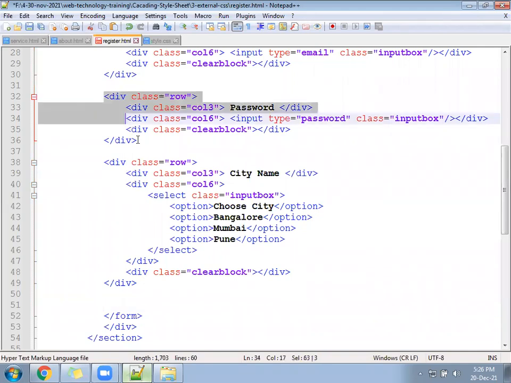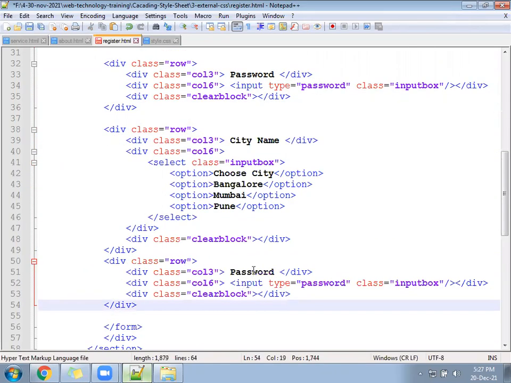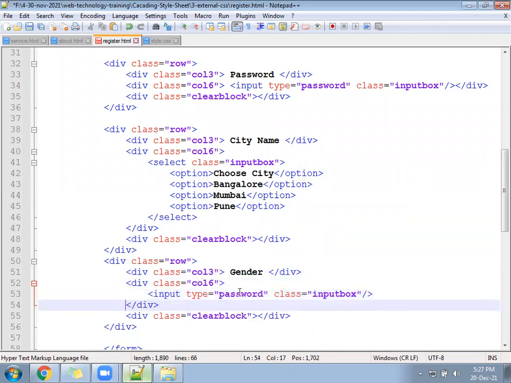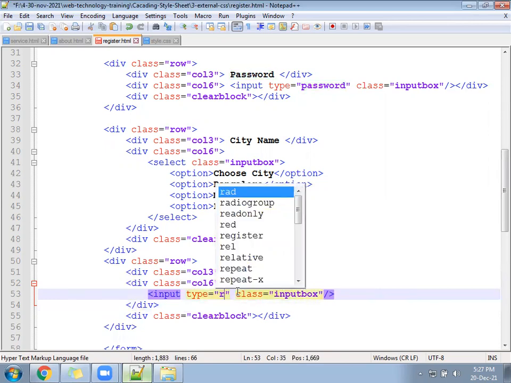Oh sorry, gender, it was gender, correct? Gender. Two radio buttons you will create, input type equal to radio. Class is not required here.